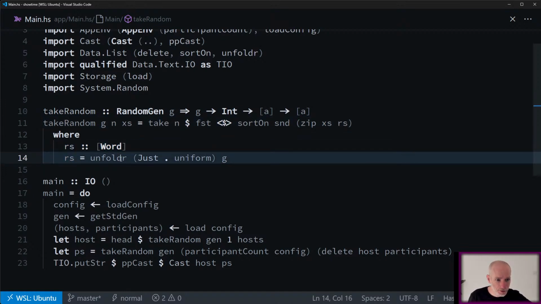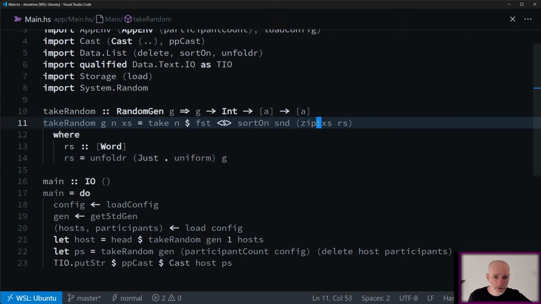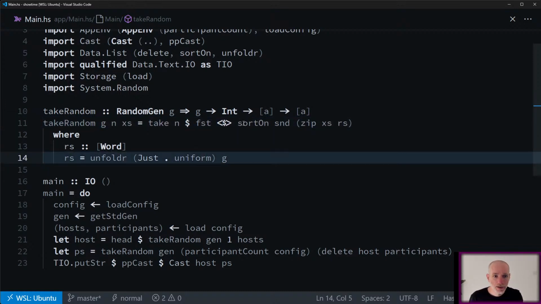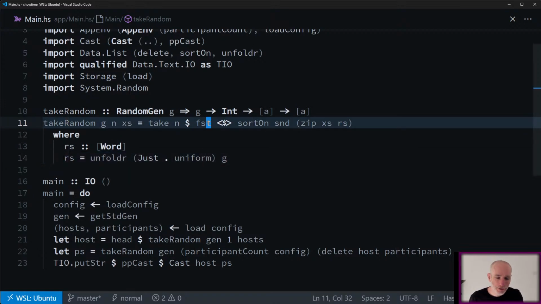So this is just an infinite stream of random numbers. Then we sort that. Zip will give us back a list of pairs. We sort that list of pairs on the second value in there, so on the random number it's generated. And then we drop out the random numbers by calling first on that list.